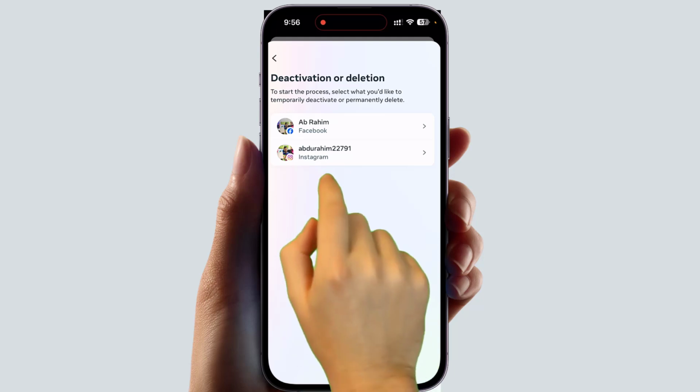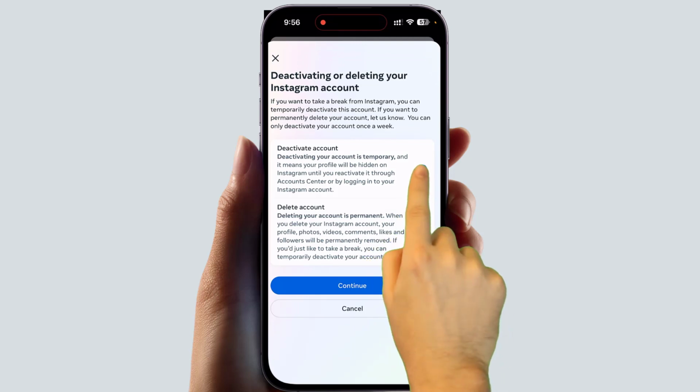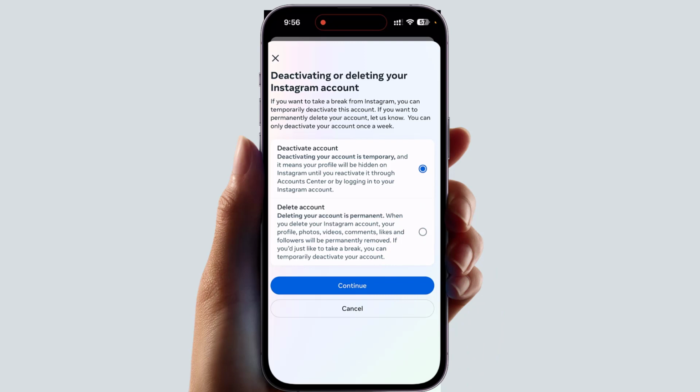You're going to click on it and then a pop-up is going to appear. You need to choose whether you would like to delete your Instagram account. So obviously you need to choose your Instagram account, and then a pop-up is going to appear. If you would like to deactivate your Instagram account, choose deactivate and then click here continue